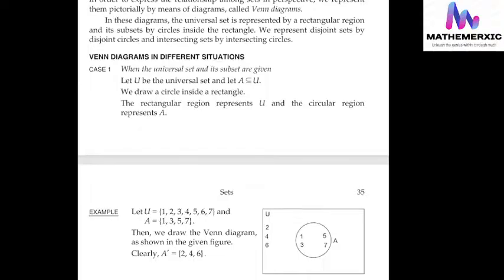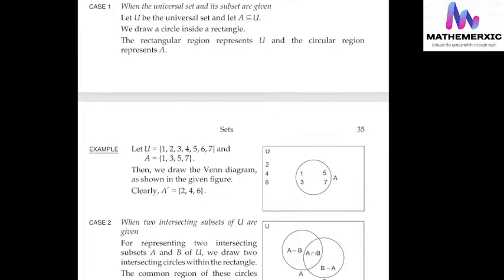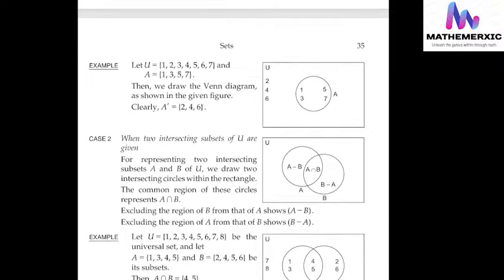When the universal set and its subset are given, let U be the universal set and let A be a subset of U. So we can see how it is drawn. When two intersecting subsets of U are given,